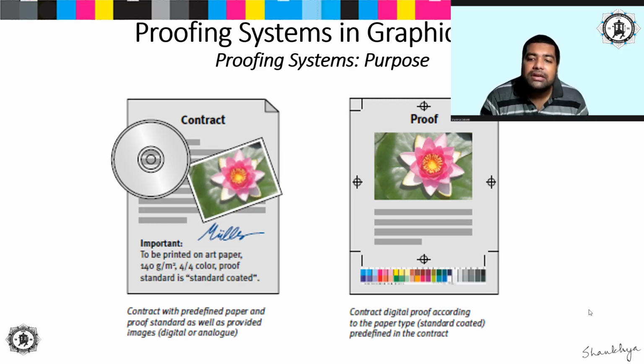So if your client is satisfied, if your print buyer is satisfied with what he is seeing, then he will say okay, fine. Maybe he will suggest some corrections, or maybe some areas where he needs certain changes. If you are able to do it, you will say yes and get another proof with such corrections. And if you are not able to do it, then you will say that okay, no, this is not possible. This is what is possible at my end, at present. So this is what you can expect basically.